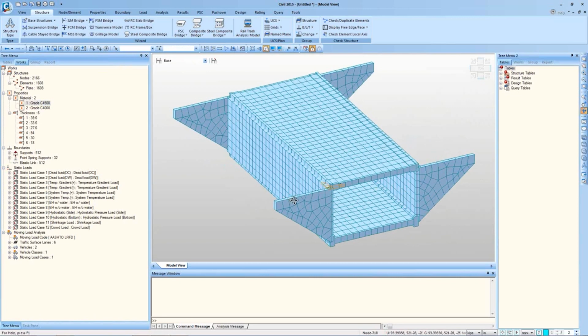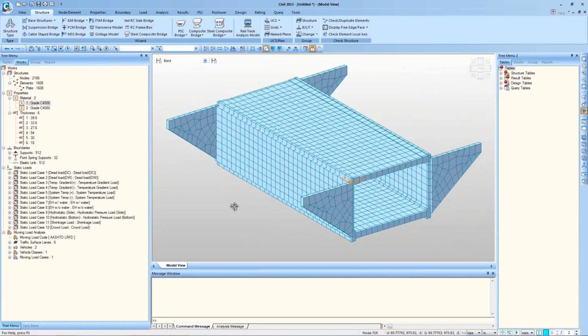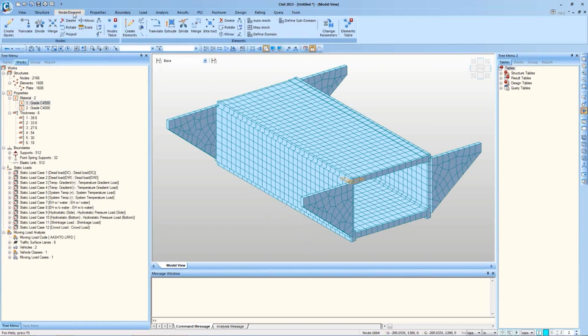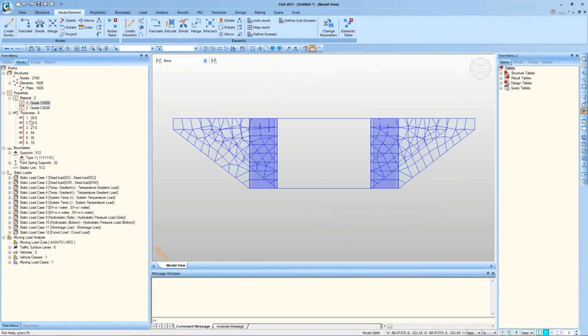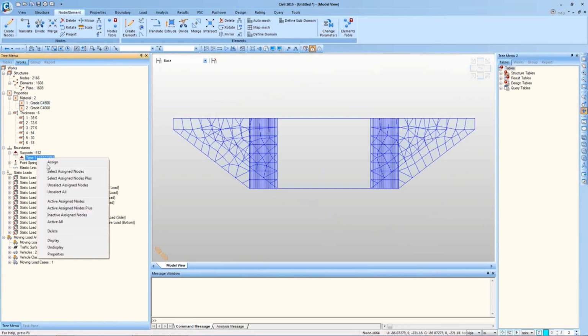In some cases, box culverts also have piles modeled below the box culvert. For that, we can go to Node Element tab and use these CAD-based features for modeling the pile quite easily. Next, let's take a look at the boundary conditions. The wizard automatically defines boundary conditions